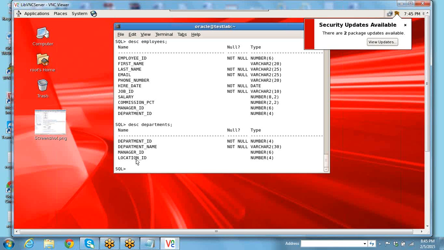So what do I need to see? Select employee ID, comma, last name, comma, location ID, comma, department ID from employees join